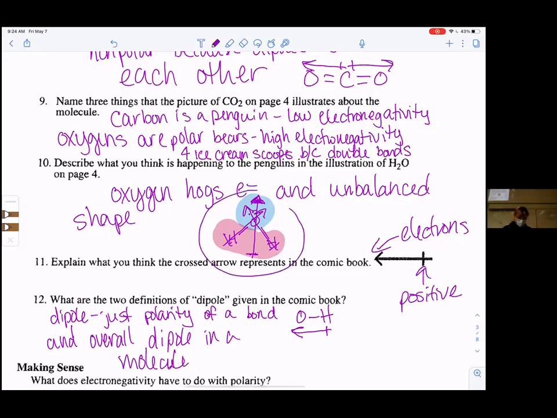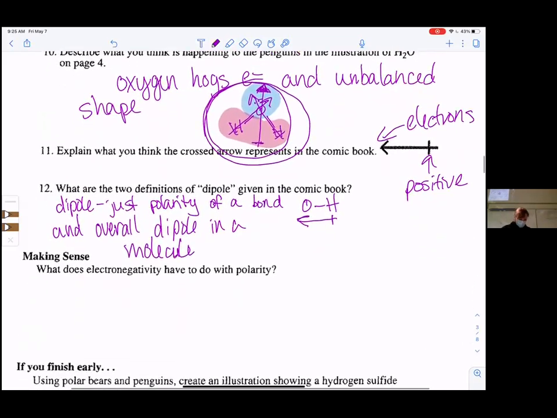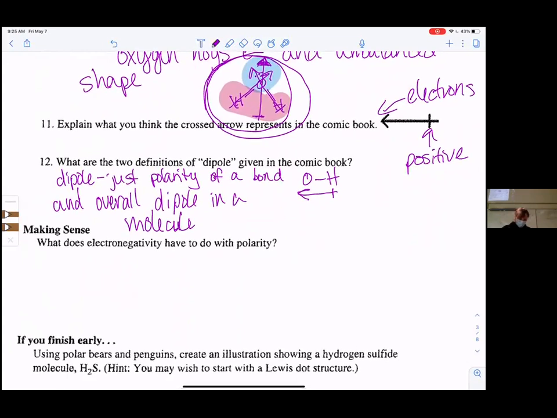Like with the water that I drew right here, if you have a bent shaped molecule, if you have a molecule that's not symmetrical, it'll end up having a polar part. It'll be negative in one place and positive in another place if there's a polar bond. So electronegativity has to do everything with polarity. So the strength of the attraction to electrons is what dictates where there's a positive and where there's a negative. And then the shape of the molecule will mean that the whole molecule is polar. So electronegativity has everything to do with polarity because